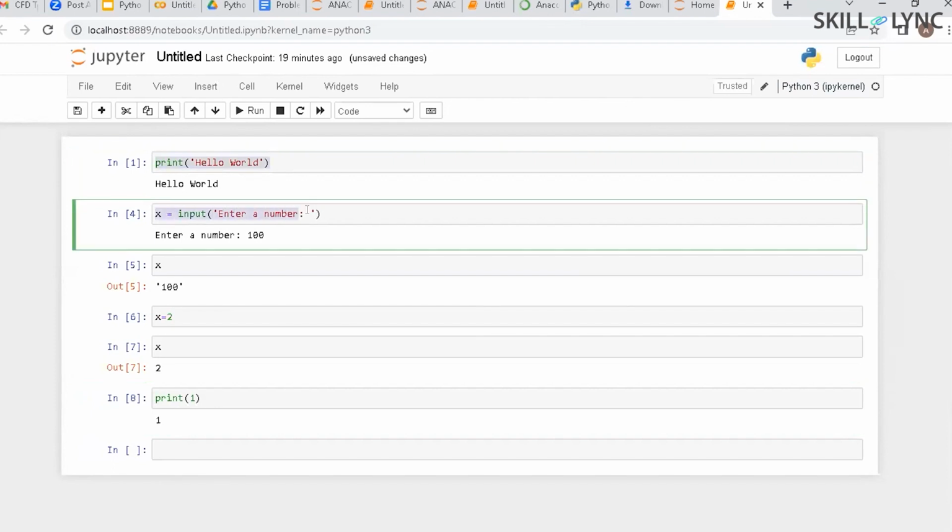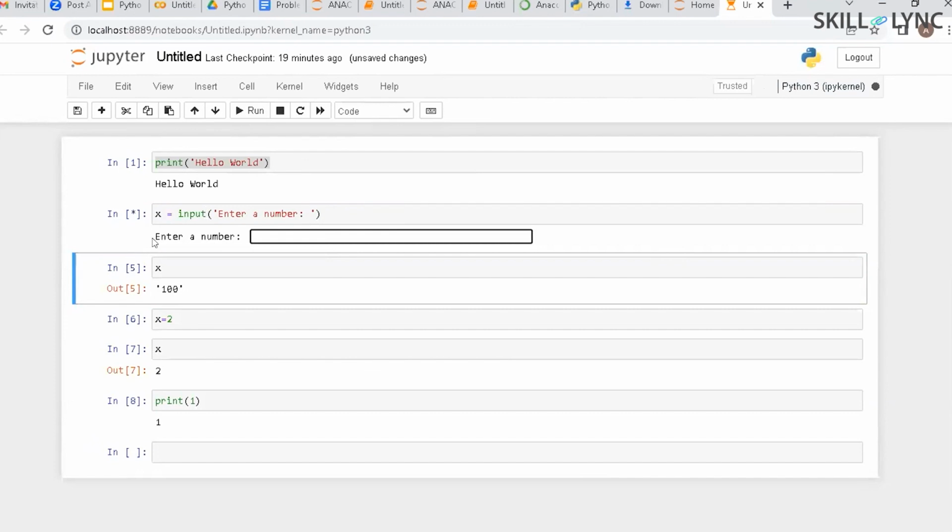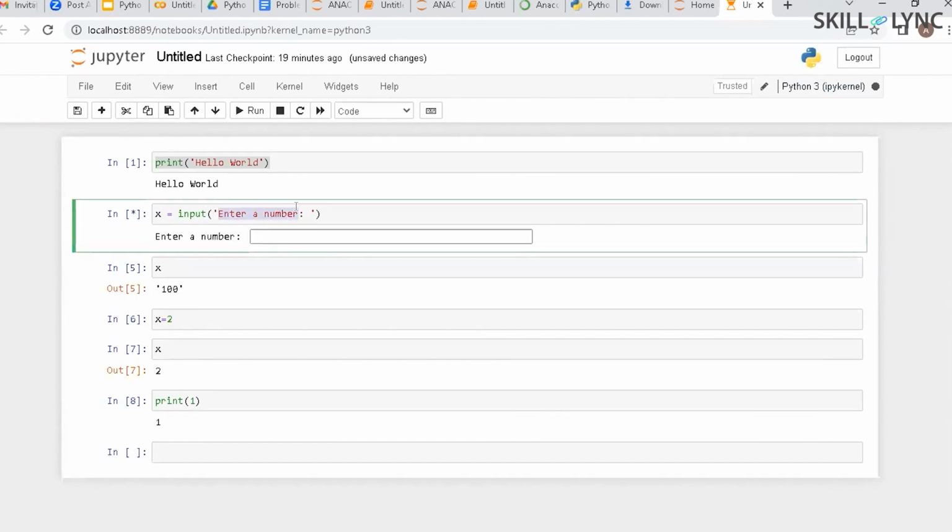When you give this statement, for example input, input is another inbuilt function in Python, and this takes input from the user. The user is actually you. I am the user now here, using this IDE to perform some particular task. When I click run, it opens a prompt, like a dialog box of sorts. This is Python trying to communicate with you. So what have you entered here? This is your making, you can name it. You can put anything here. For example,